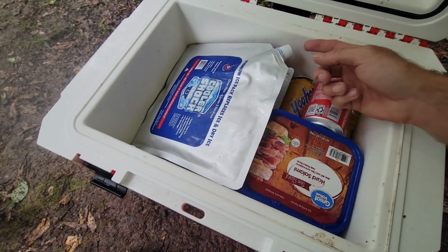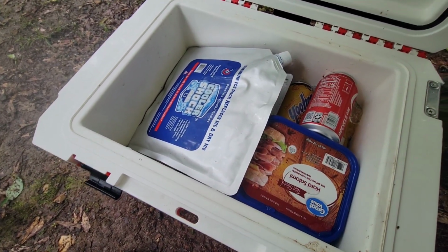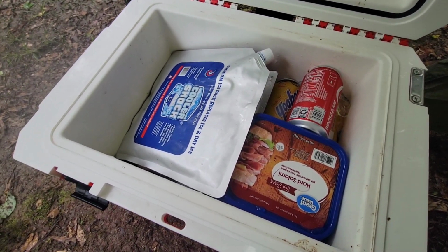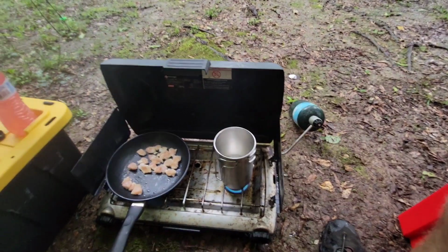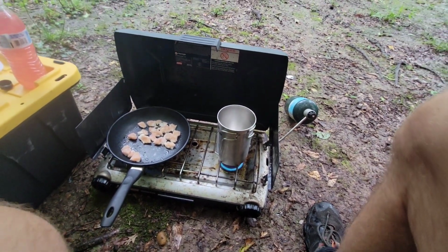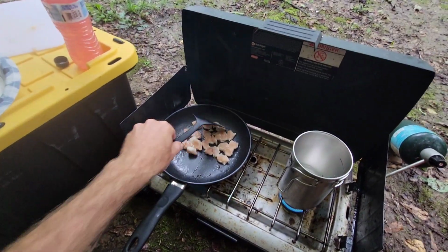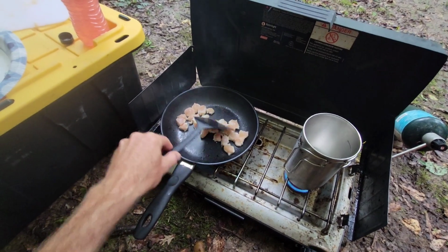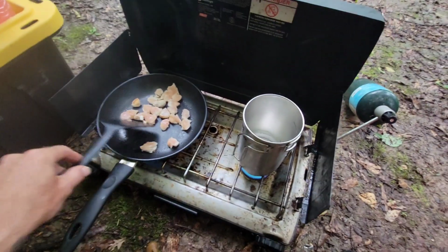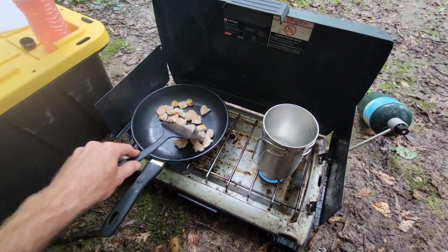And there's a little funnel you use, and you pour water into it and let it freeze. And it's supposed to last way longer than ice and stays colder than ice. So, yeah, I'm going to enjoy that, I think. It seems to be working pretty well. It's on day 2, and they're still pretty frozen. But I'm going to get this chicken stirred up, fried up. And once my water gets boiling, go ahead and put my noodles in there, my rice, and